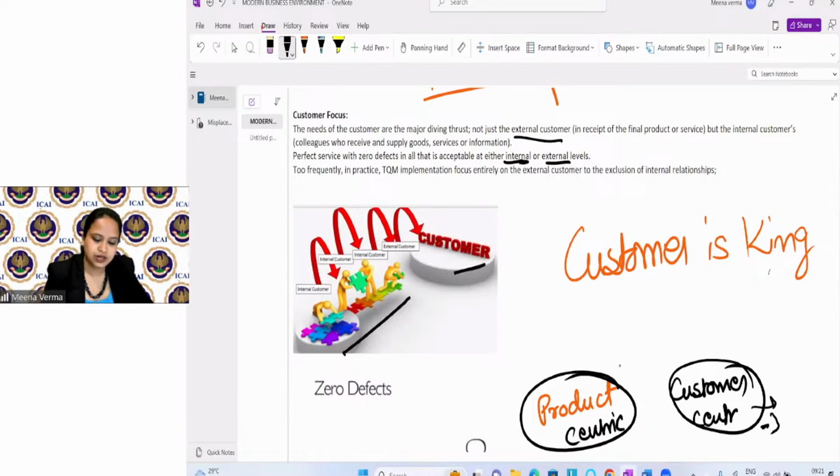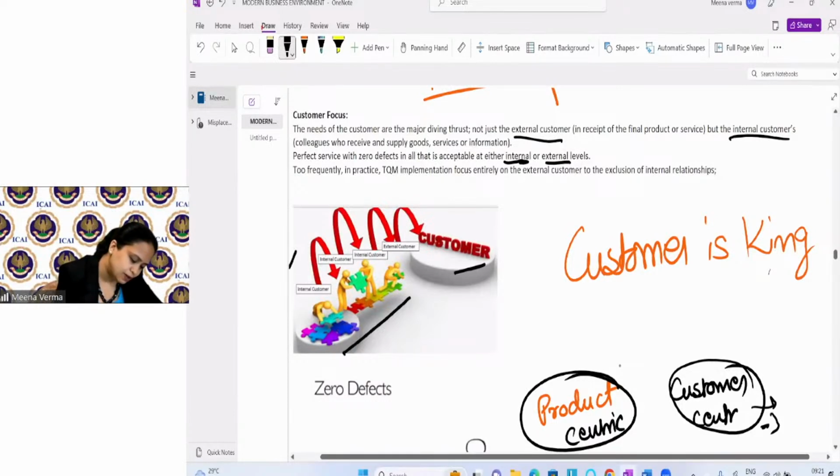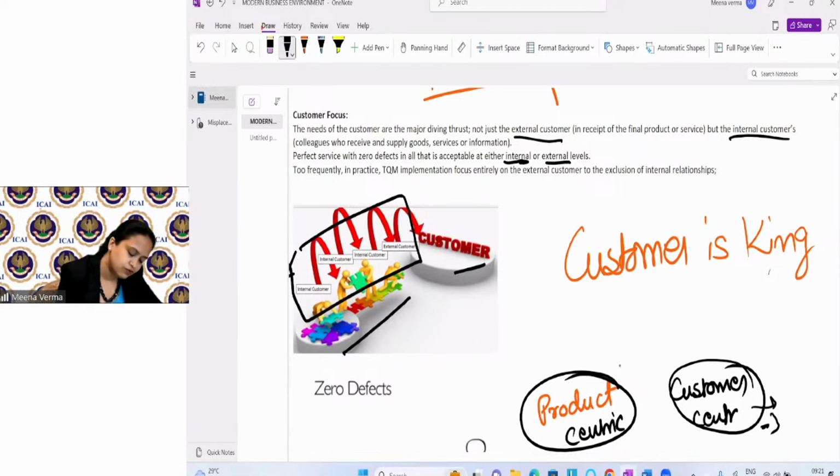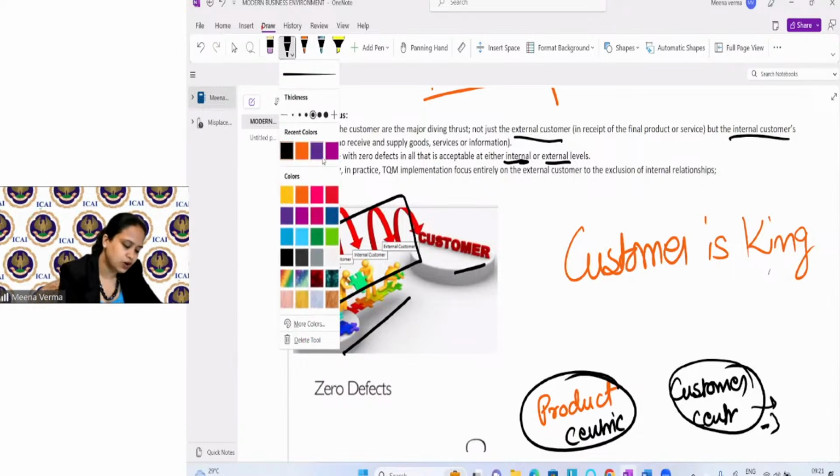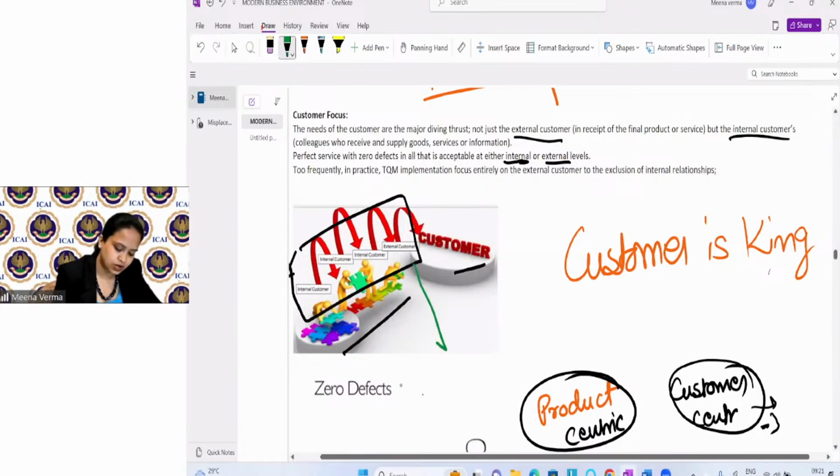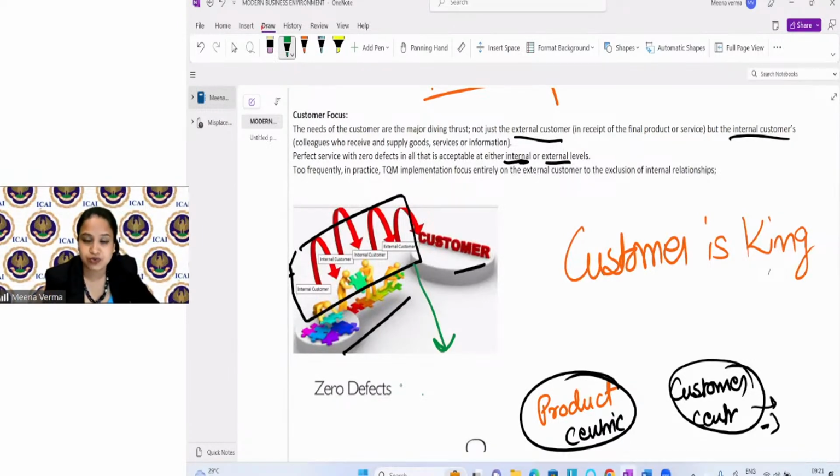External customer. The internal customer. They're using two words here, internal and external customer. So the point is that all the employees, those who are working within the organization for the customer, these employees are known as what? All the internal employees working for the organization are all what? Employees, right? These employees are known as internal customer,